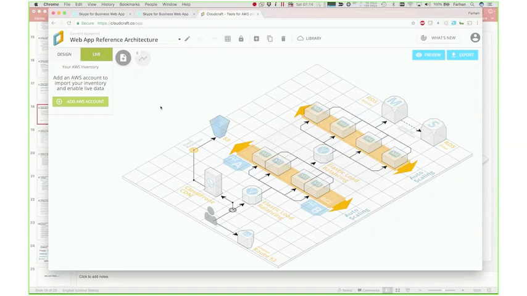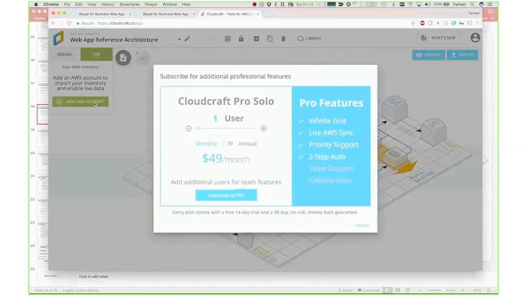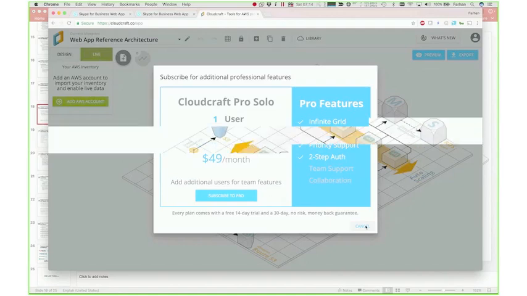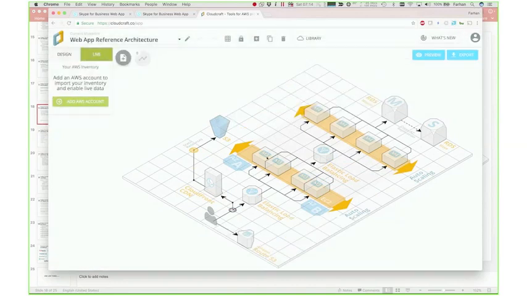So it creates the JSON file as well, right? When you add your AWS account, it requires a paid subscription. What you can do is you can connect, and it does a live AWS sync with your environment. So you can define the architecture as well, and you can see which instances are running, which data is flowing, which ELB is serving